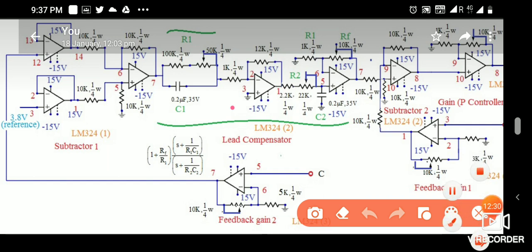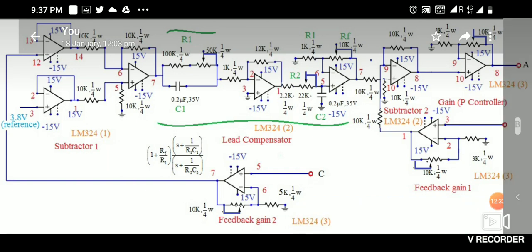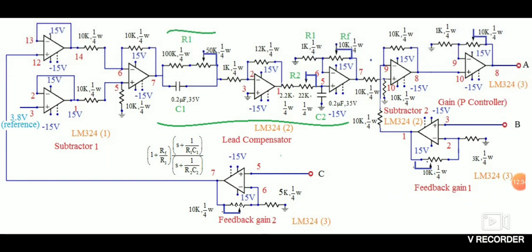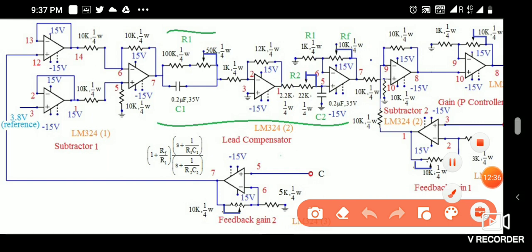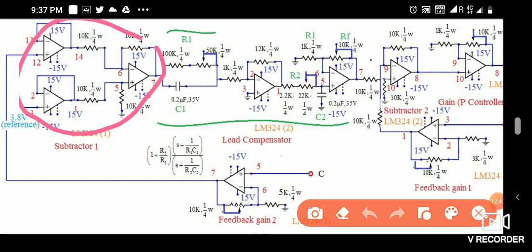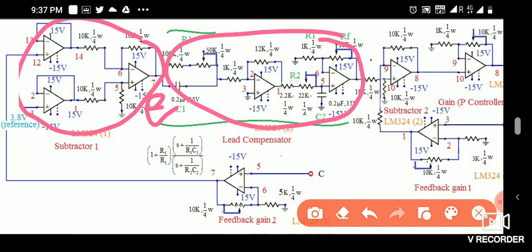You can see this is the subtractor. Because we need one reference and one feedback coming from the outside, we require a subtractor. So the error will be generated here. And this is the lead compensator